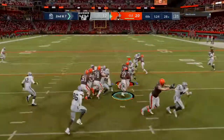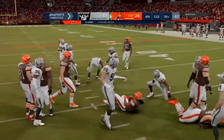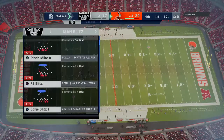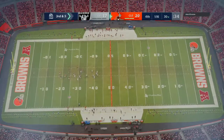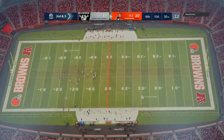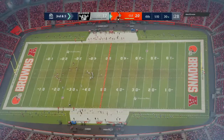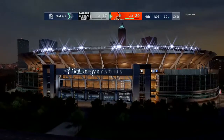They stay on the ground. Again, it's Hunt. And only able to get 2 here. Stopped at the 30. And now the question everyone's wondering, look at the clock, late 4th quarter. Do they put the ball in the air here on 3rd? I don't. I run the football, and I tell my offensive line, no leakage up front. I don't want my running back hit as a